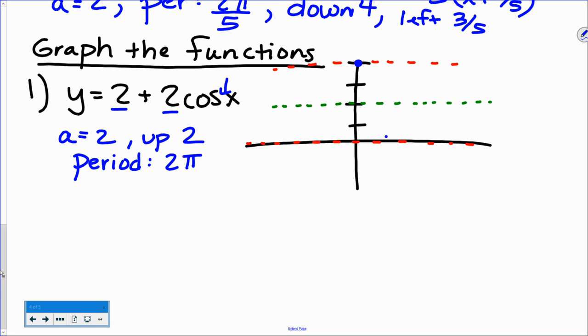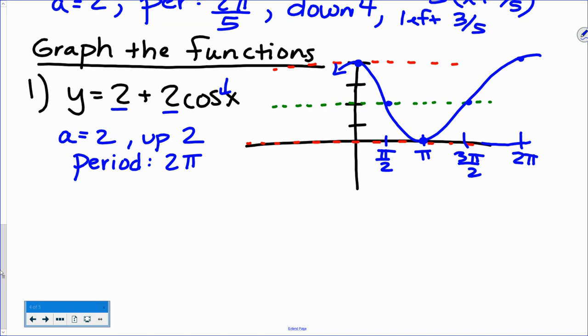Okay, I'll go ahead and fill in my scale. So that's pi over 2, pi, 3 pi over 2, and 2 pi, since my period is just 2 pi. All right, so then at my next point, pi over 2, I come back to the center, and then to the bottom, back and up,